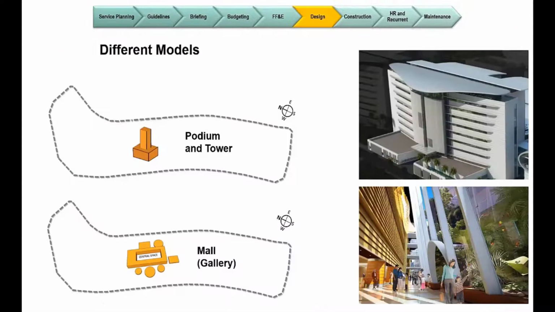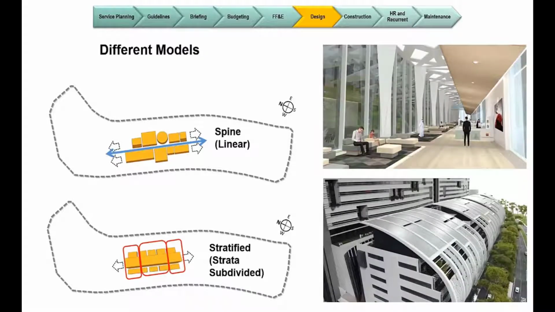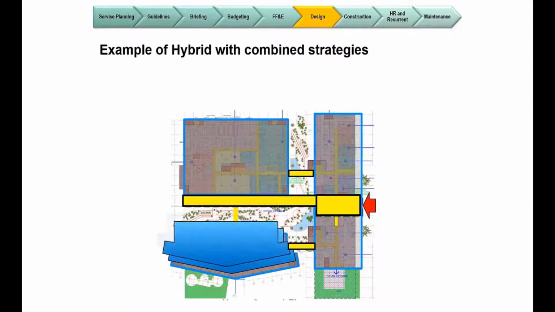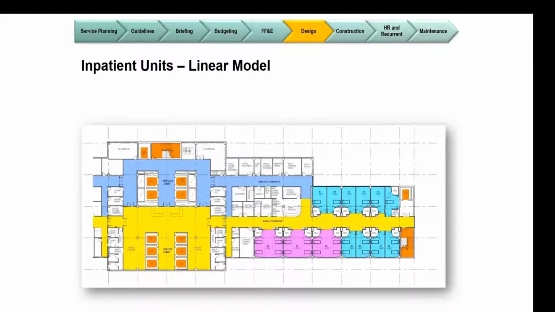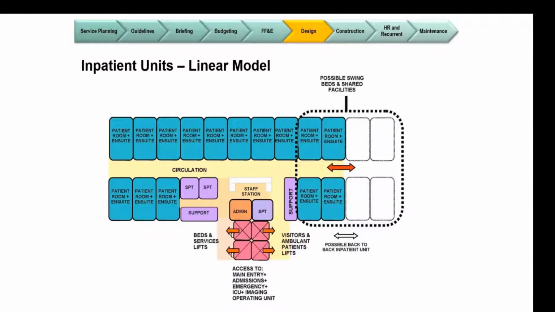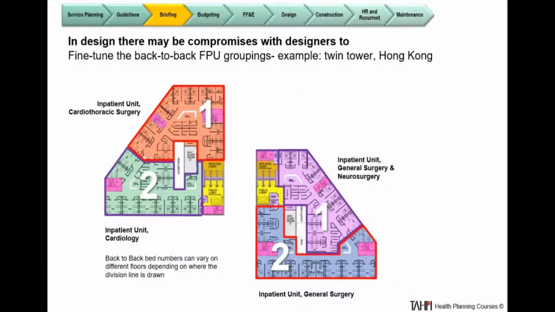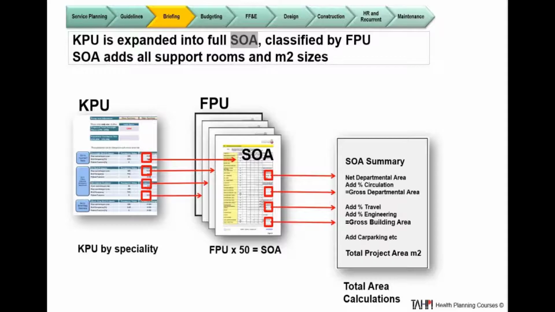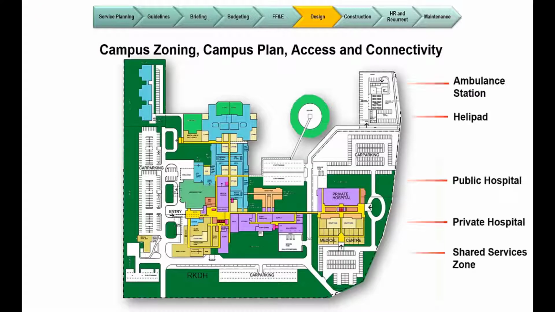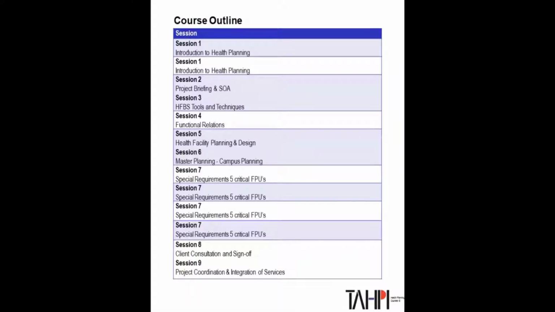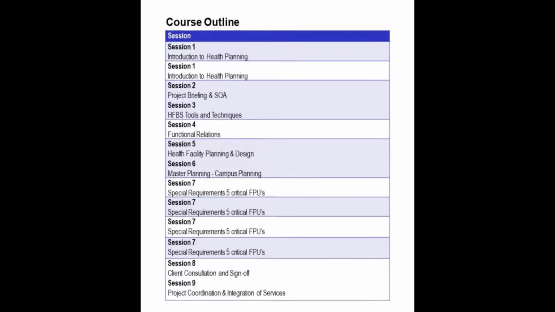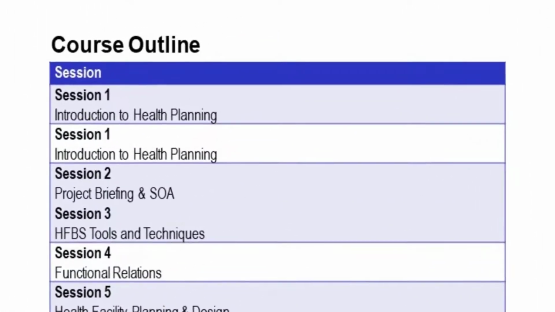At the end of the course, you will have sufficient competency to understand the basic principles, science, processes, and practices of health planning, develop the basic capabilities in the application and practice of the subject, have an overview of health facility planning as a branch of health planning discipline, learn how to prepare briefing and schedule of accommodation, learn about master planning principles and models. I invite you to enroll in the course or try the free preview if you want to explore this further.